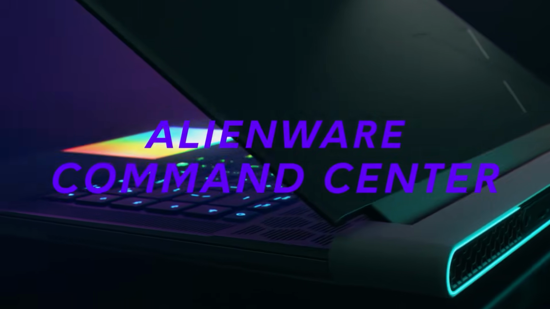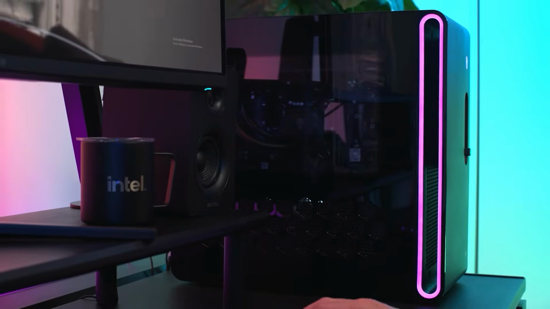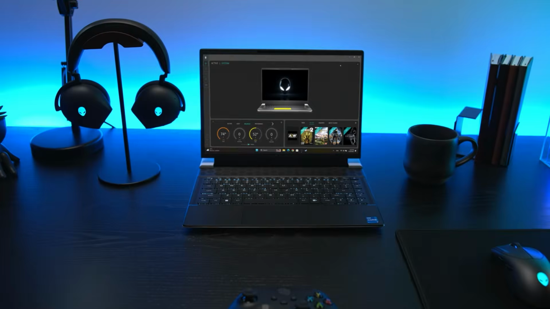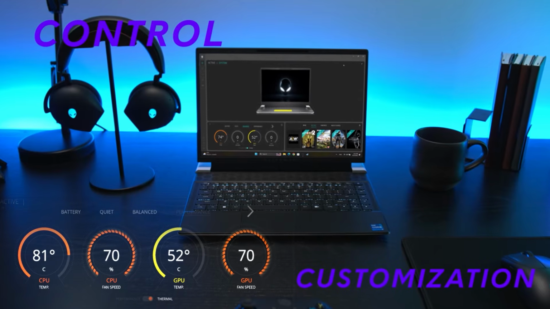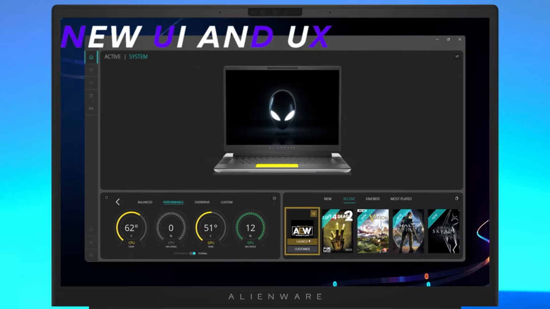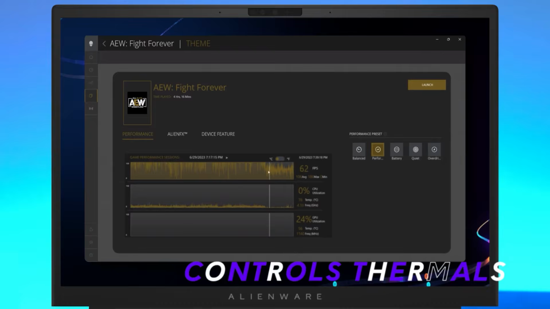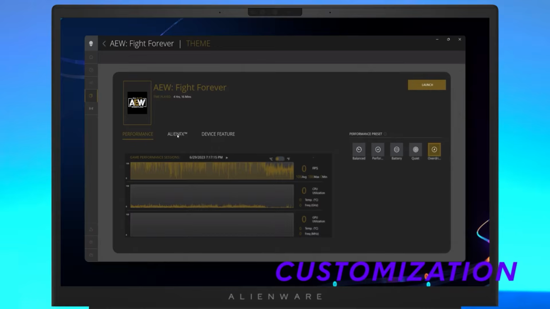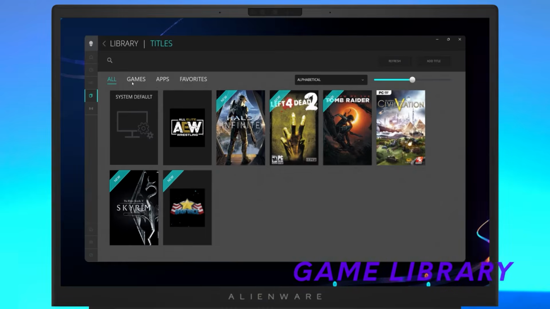Alienware Command Center provides users with a single interface to customize and enhance the gaming experience on Alienware systems. This control and customization software developed for Alienware and Dell G Series PCs has been built on a new architecture and redesigned with a new user interface and experience. Version 6.x features several performance presets, thermal controls, Alien FX lighting and peripheral settings customization, a versatile game library, and an in-game performance overlay.